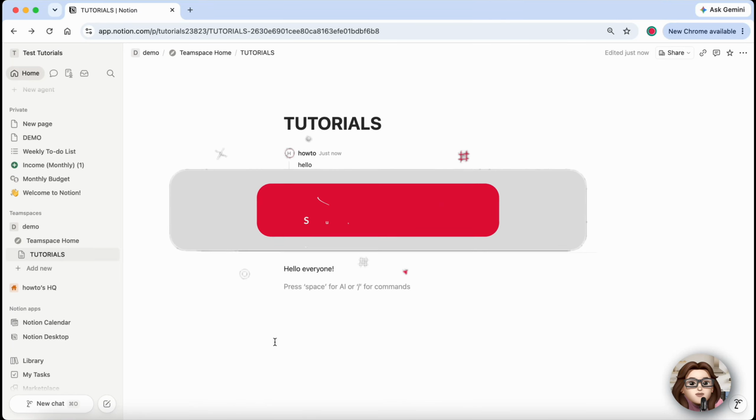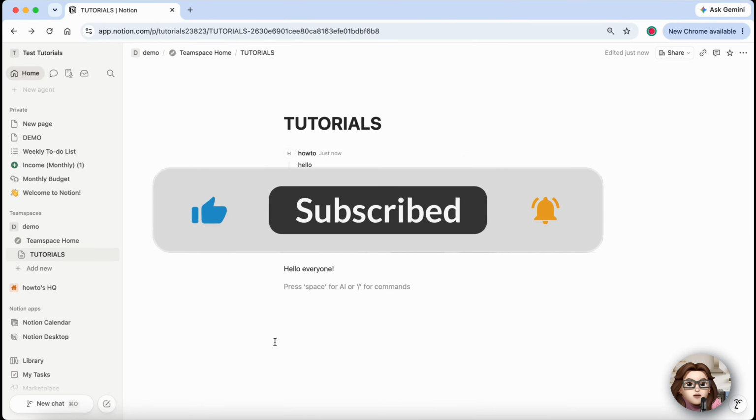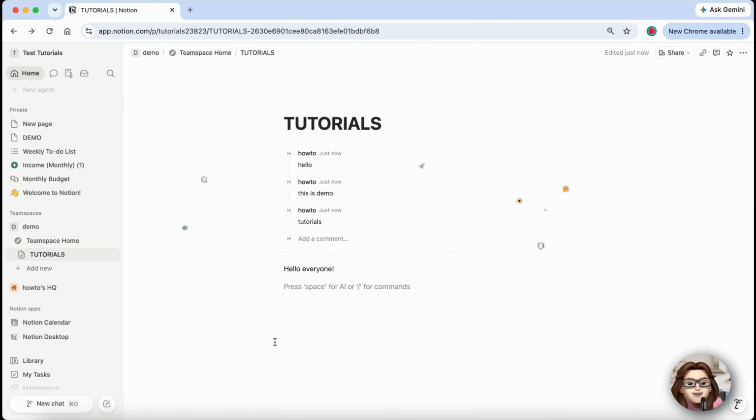In this tutorial, I'll show you how to open multiple tabs in Notion. By the end, you'll know how to work with several pages at once, making it much easier to switch between projects, notes, and databases. If you're using Notion in a web browser, simply open the page you want, then right-click